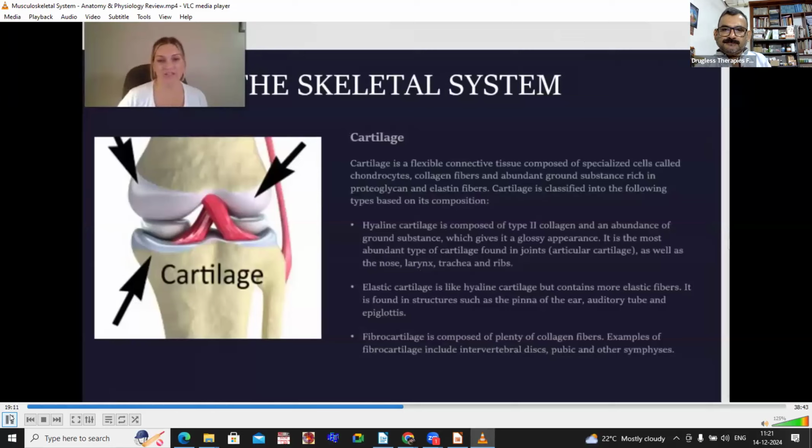So cartilage is a flexible connective tissue composed of specialized cells called chondrocytes, collagen fibers, and elastic fibers. Cartilage is classified into two main compositions. First, you have